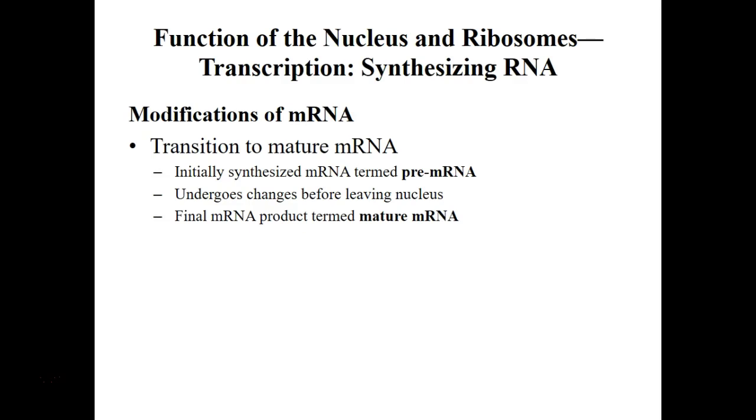So the initial messenger RNA is considered premature messenger RNA. It's not going to be released into our nucleus, and there's different reasons for it. The first is pre-messenger RNA: if it leaves the nucleus, it's going to be degraded very rapidly. So we have to add some nucleotides to the ends and to the beginning. But also,